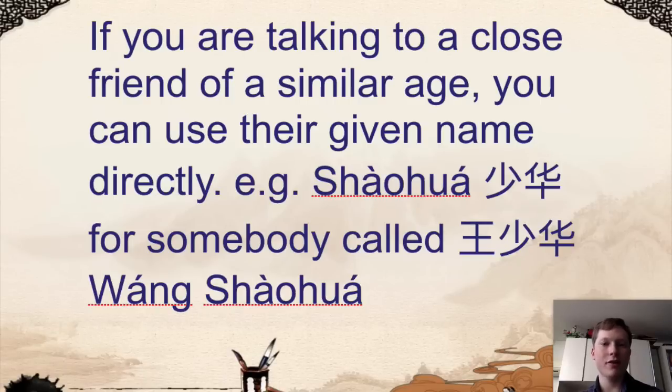And if somebody introduces themselves to you using their English name, even if they're somebody who's quite senior in a company, they just say, my name is Jimmy, or my name is John, or something like that, then normally you can just use this English name and you just bypass all of these Chinese formalities. So in that kind of situation, you're lucky and you don't have to think about any of this stuff at all. You can just refer to them by their English name. So that's something to bear in mind as well.